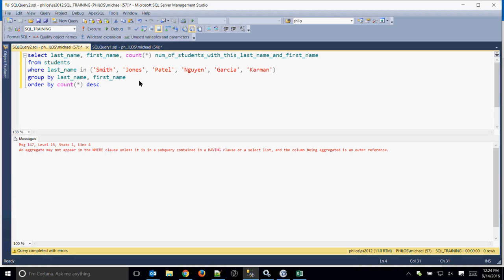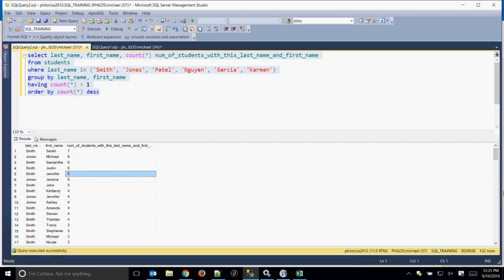Only once it's grouped can it say, okay, now we can filter it even further down on this grouping information. So having count star is greater than 1 means give me